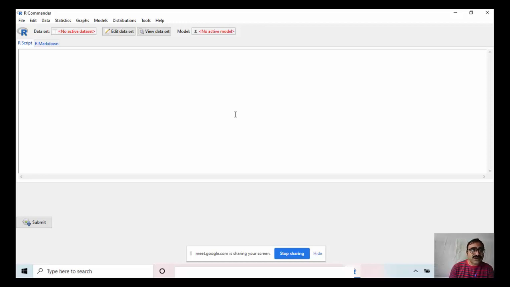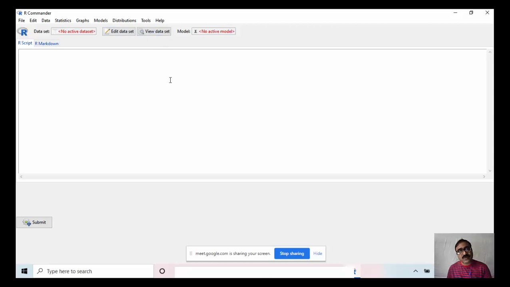And it also has so many advantages over SPSS, because here at the top you can see it is written file, edit, data, statistics, graphs, models, distributions, tools, help. So these are all the menu functions that are available. And down below, this is the data set. We can edit the data set, we can view the data set.